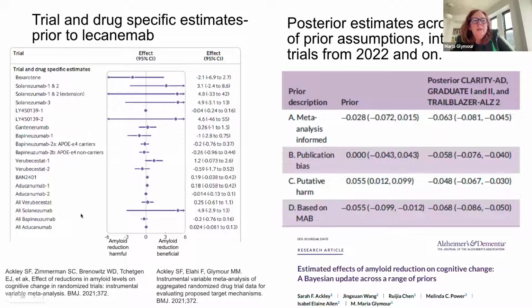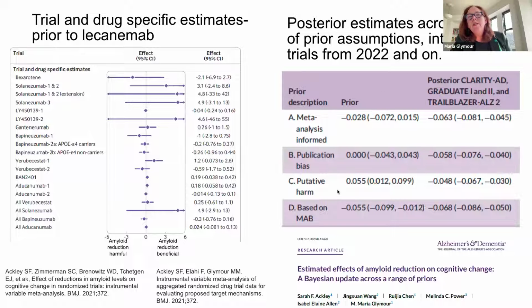On the left is Sarah's original work, which was published. The applied analysis was published in BMJ with an accompanying brief tutorial on the concept. Essentially the IV does this beautiful thing where it says you expect the cognitive change to be proportional to the change in amyloid. Across drugs that had very small changes in amyloid, you expect very small changes in cognition. So this essentially found a null result with some confidence interval. About a year after Sarah's original paper was published, there were a series of trials published, some of which were null and some of which found benefits.